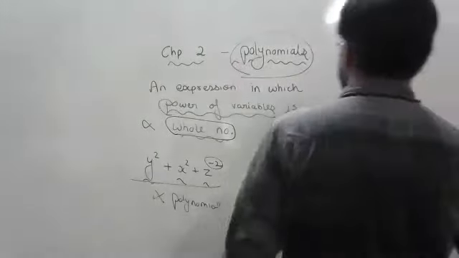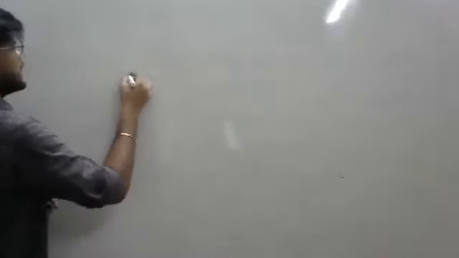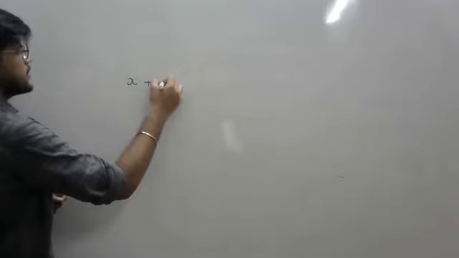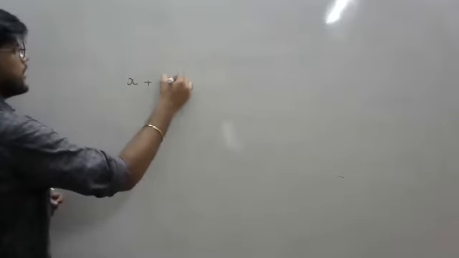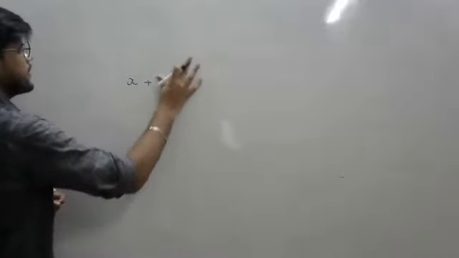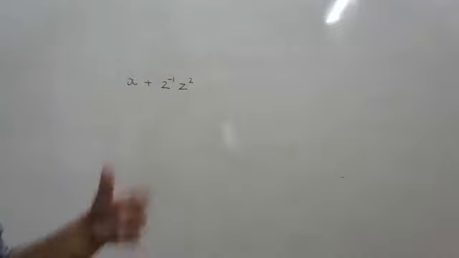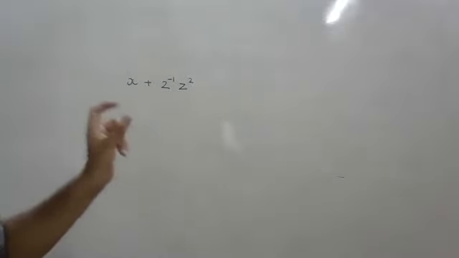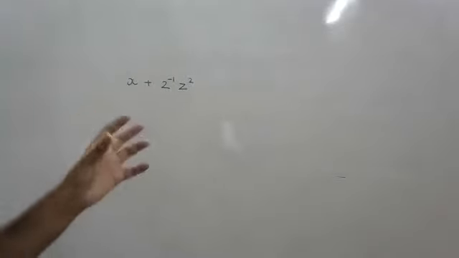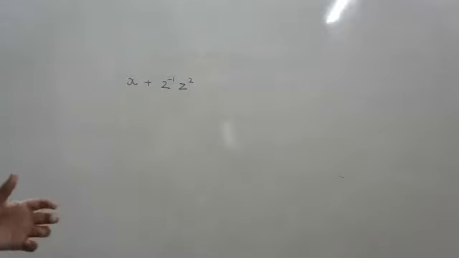Okay, let me give you a few more examples. Don't worry, I'll give you a lot of examples. We'll make everything clear. x plus 2 raised to minus 1 z squared. What do you think? Is it a variable? See, whatever I'm writing on board, it is very important to understand right now. If you're able to write, please note the questions. But while writing, don't lose your attention. Understanding is more important. And along with that, if it is possible, you can write, or else I'm giving you the recordings.